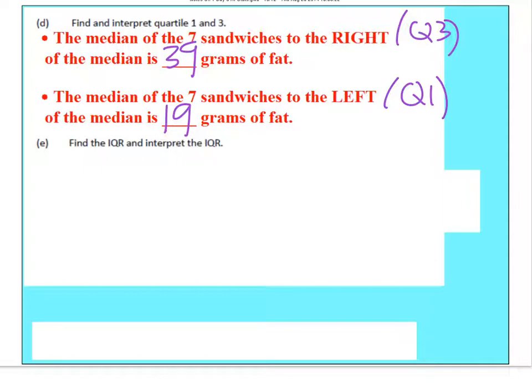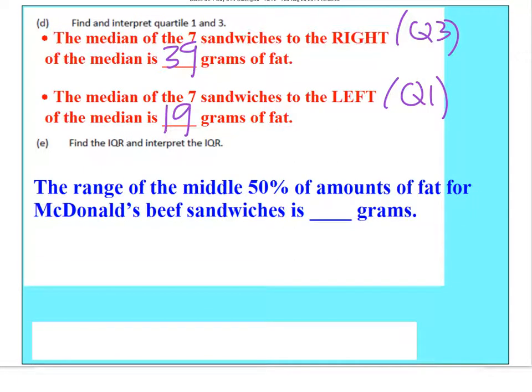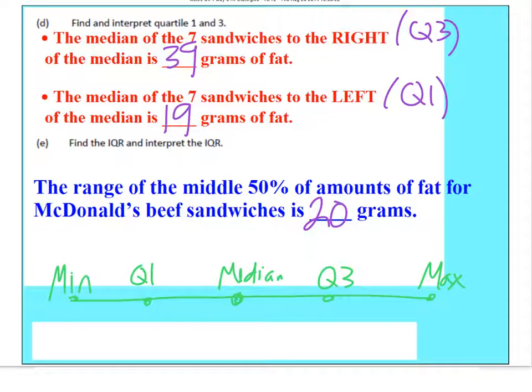Now find and interpret the IQR. So we're going to take Q3 minus Q1. And what we're going to get is this. The final answer we know is going to be 20 grams. So to complete this, the range of the middle 50% of amounts of fat for the McDonald's beef sandwiches is 20 grams. And if you look at the data this way, if the data was lined up in increasing order,